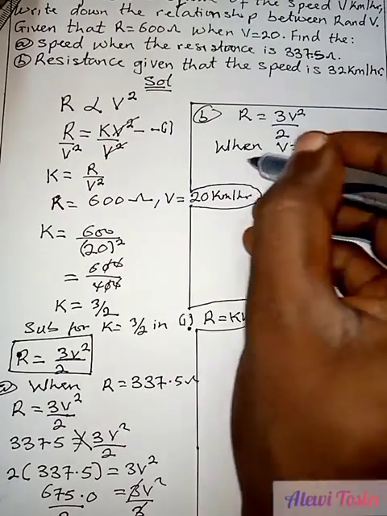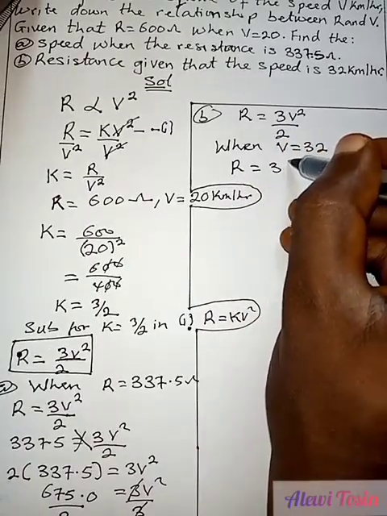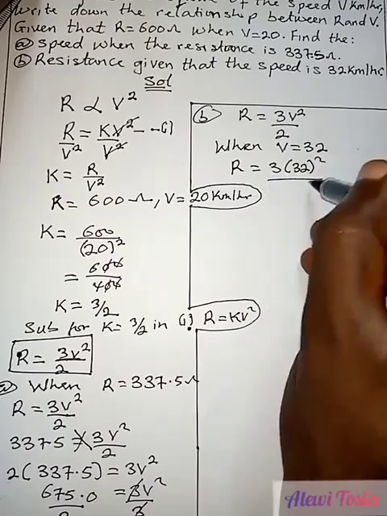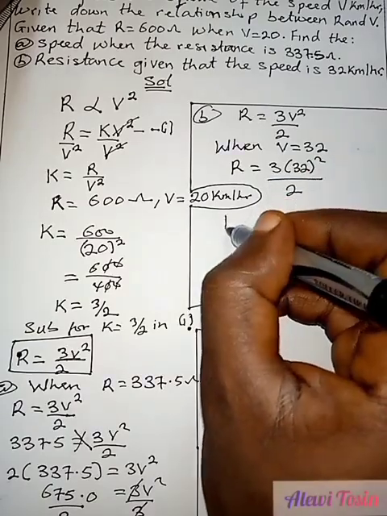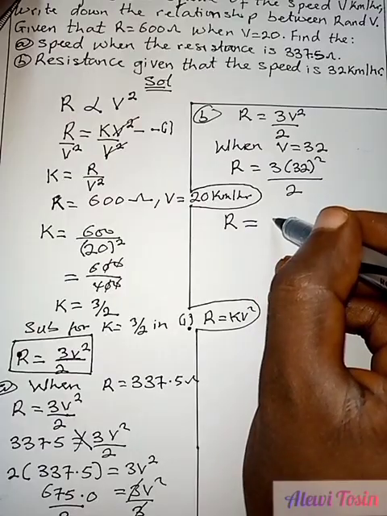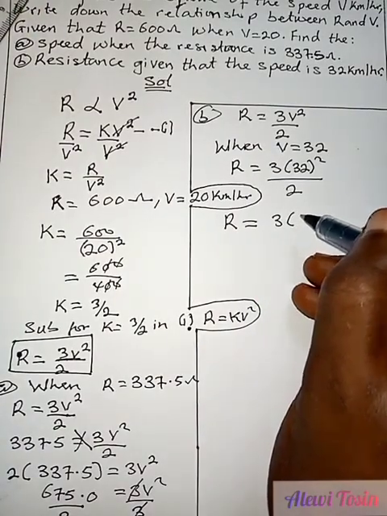So in this case, R will be equal to 3, our V is 32 squared over 2. So our R will be equal to what? 3. Now square of 32